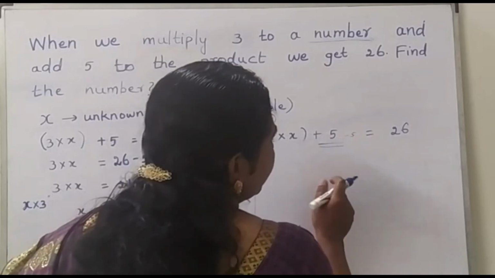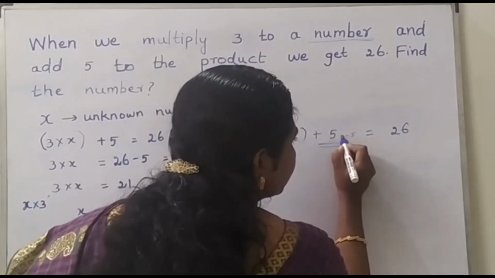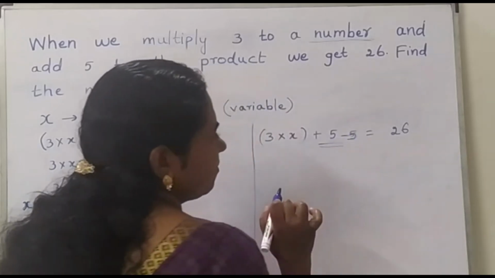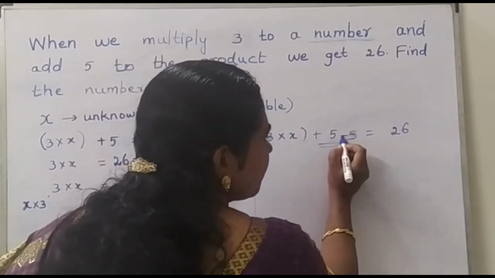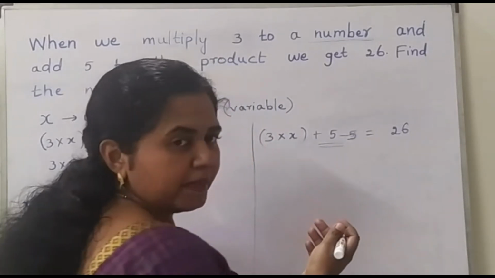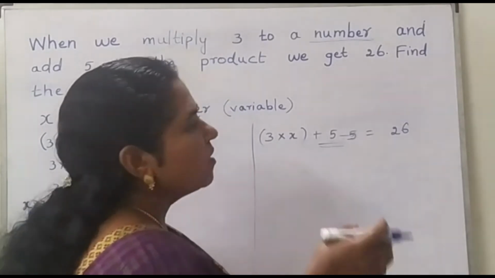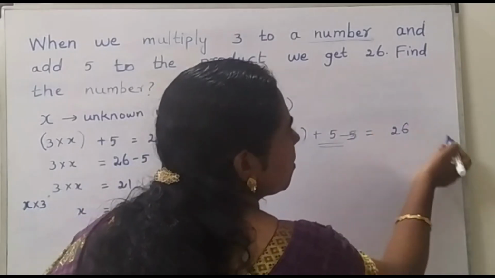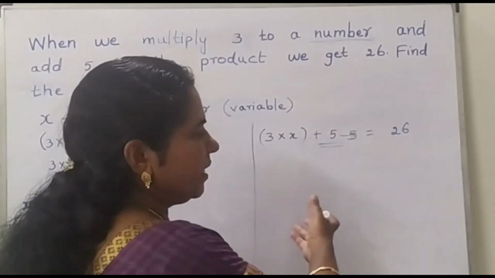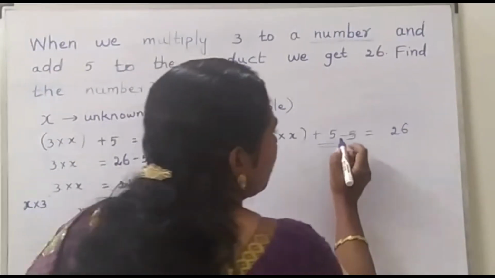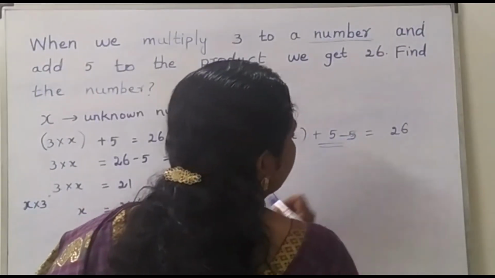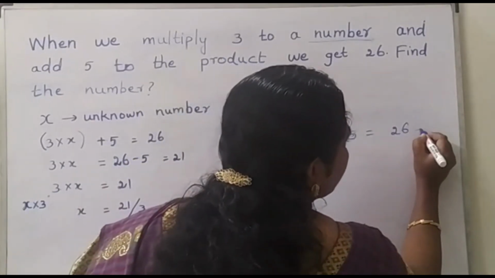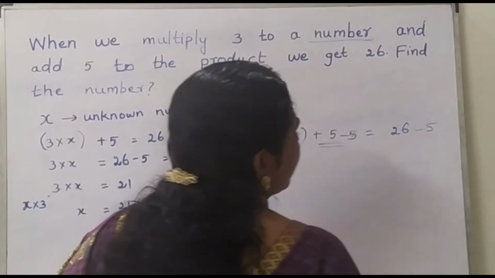So in order to bring out that, what we are going to do? We are going to insert a minus 5. Now this cannot be done simply just like that, because when we are inserting a value to one side, the equation comes to the unbalanced state. So in order to balance the equation, we have to do the same operation on the other side also, as we have seen in the weighing balance. So now since I have inserted a minus 5 here, the same thing I have to do on the right hand side also. So it is 26 minus 5.